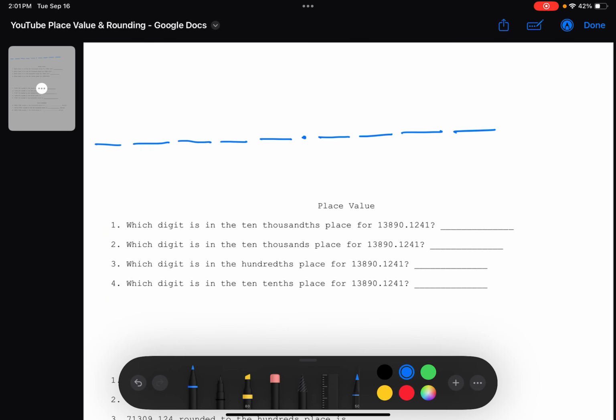So here we're going to be going over place value, and in order for us to be able to answer these questions, we got to know what the names of the place values that we're going over are, right? So here, let's start off with this digit here. This is usually the first digit we start off with when we start learning numbers. It's the ones digit. And then over here, this is the tens